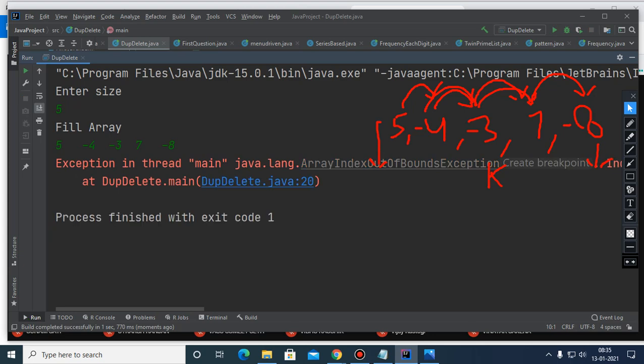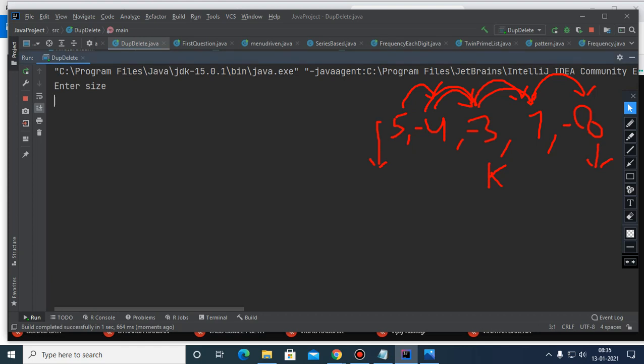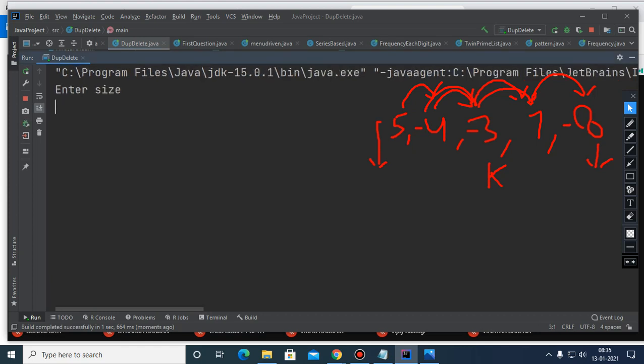What happened? A of K is equals to A of K minus 1, we can write. That is 5.